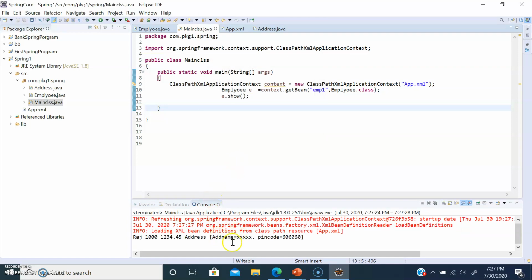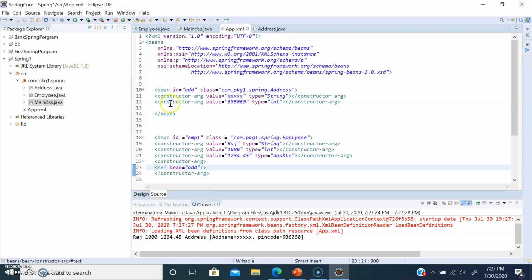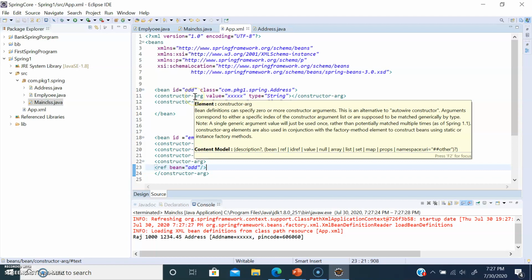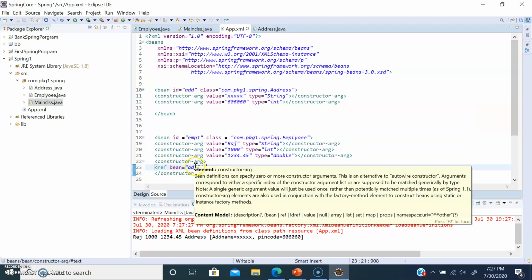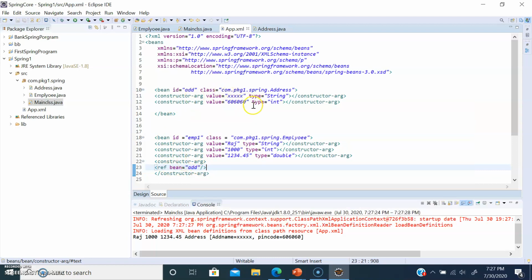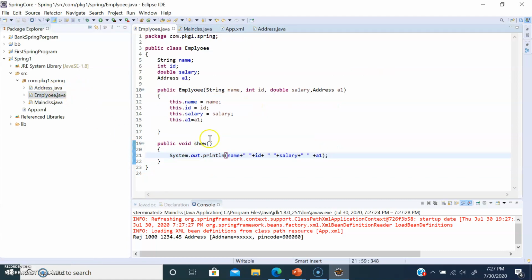So address is printing XXS and pin code is 606. That's what we have mentioned in the XML, right? So by creating an Employee object, we are able to get the information of the Address class. It's printing the address XX and 60606 once I call my show method in the Employee class.